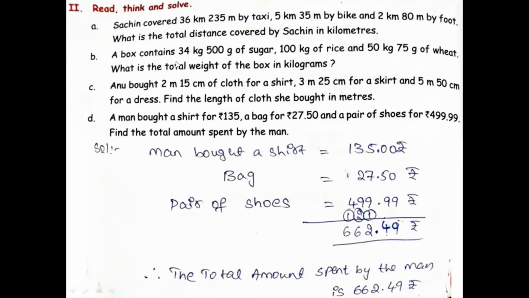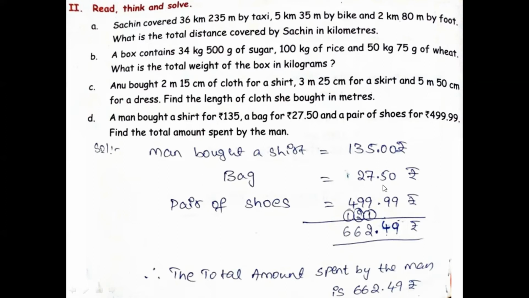Read, think and solve. For example, a man bought a shirt for rupees 135, a bag for rupees 27.50 and a pair of shoes for rupees 499.99. Find the total amount spent by the man. We have to find it. Solution. The man bought a shirt. How much? 135 rupees. Next, bag for